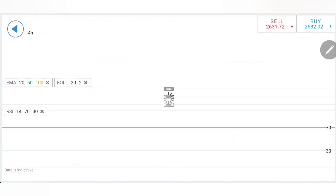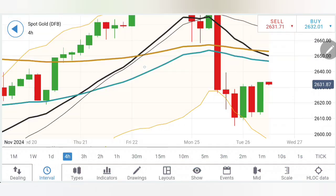RSI comfortable near the bottom. And on the 4 hour charts, red green, this is how it swings throughout the day. Time for it to take a direction. The direction it is going to take is going to be with strength, because once it breaks out here, we